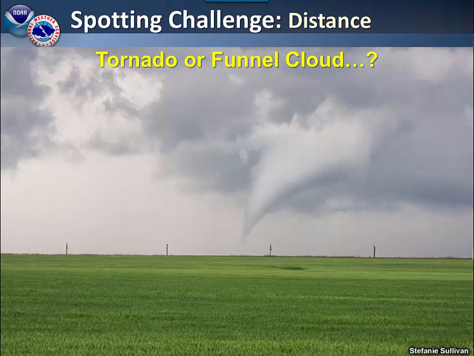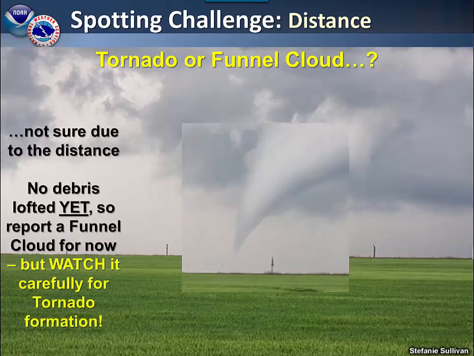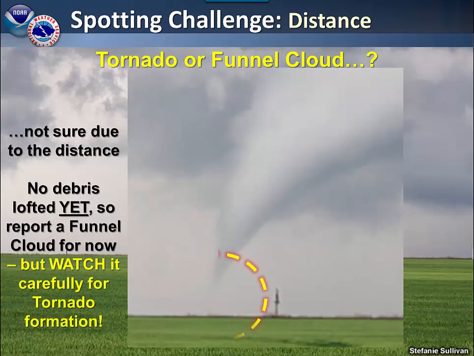It looks like it could be a tornado. The point extends pretty close to the ground. However, because of the distance, you can't see for sure. No debris is being lofted yet, so report it as a funnel cloud, but watch carefully for it to develop